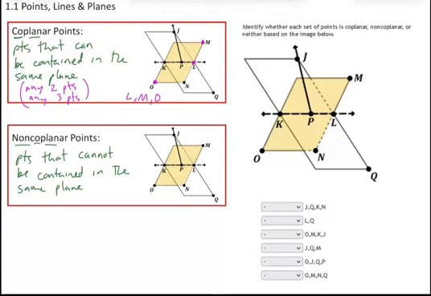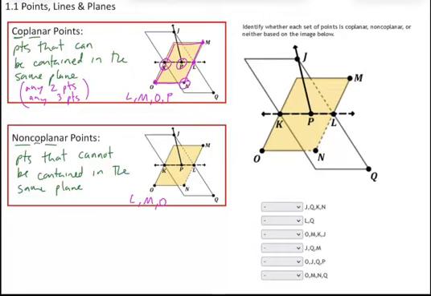So if I'm looking for a fourth point that is coplanar, what I see is N is also in that plane, P is also in that plane, and so is K. So I can take any of those points, and those would also be considered coplanar with that. If I added P, or N, or K, those would all be a set of coplanar